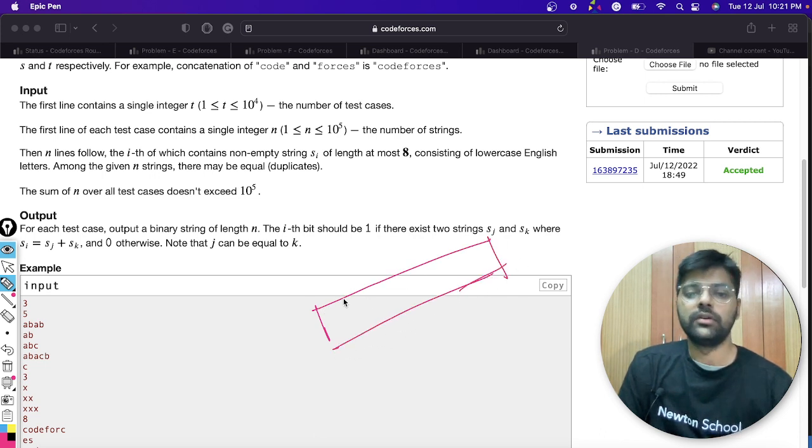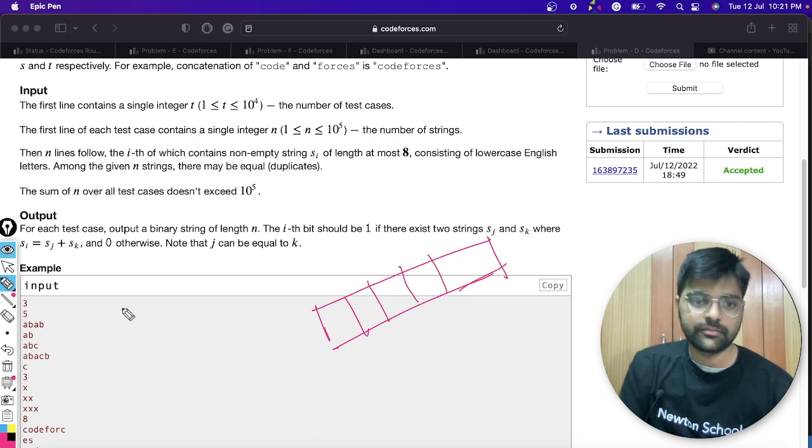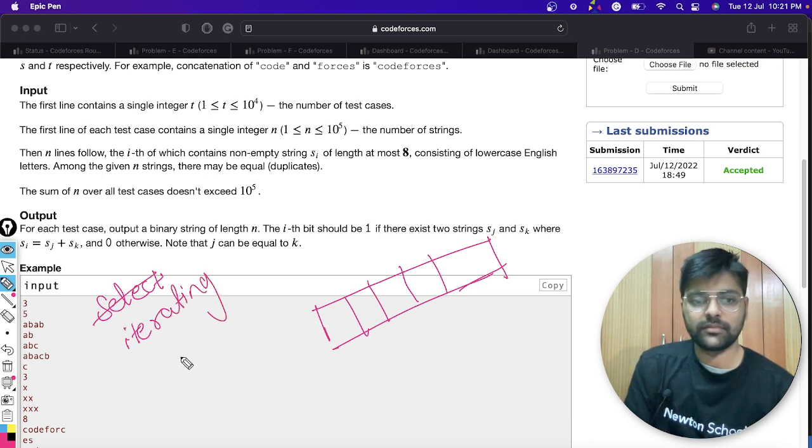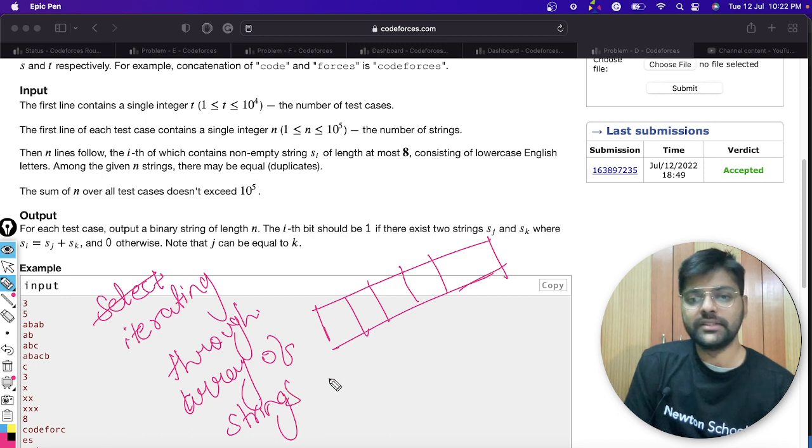So how does it decrease our time complexity? Iterating through the list or array of strings, we need one iteration only, right?